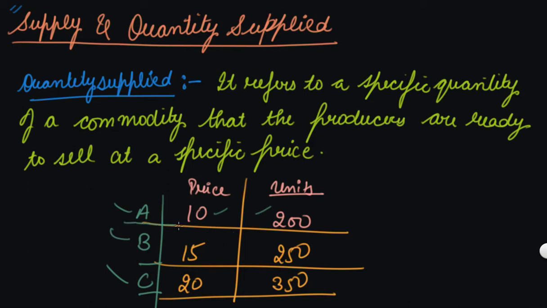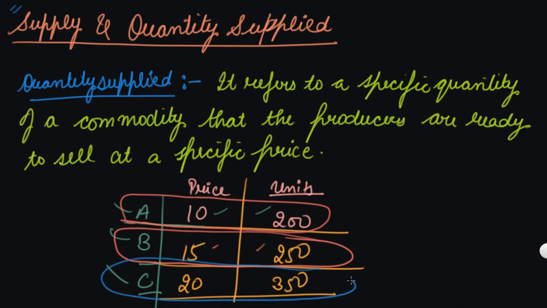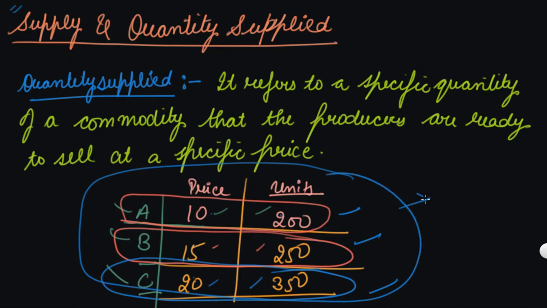This is the quantity supplied of A combination. Likewise, this is also the quantity supplied. This is a specific price and this is a specific unit supplied. Again, this is a quantity supplied. So these 10 with respect to 200, 15 with respect to 250, 20 with respect to 350, these individually are the quantity supplied. When you see them as a whole, this is your supply,